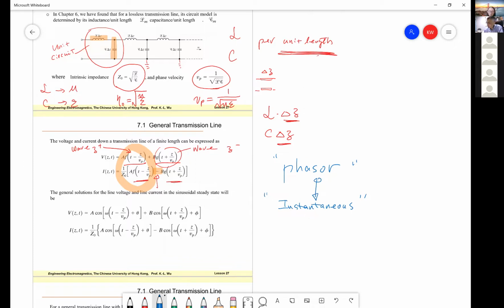This is time domain. This is frequency domain. So the time domain instantaneous things for a given frequency omega, we can write in terms of cosine, right? So then if you match the